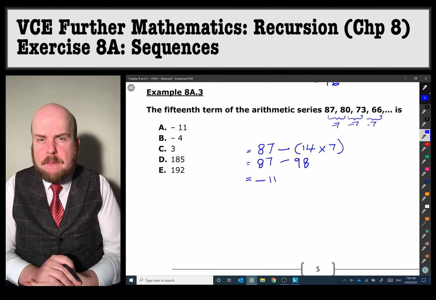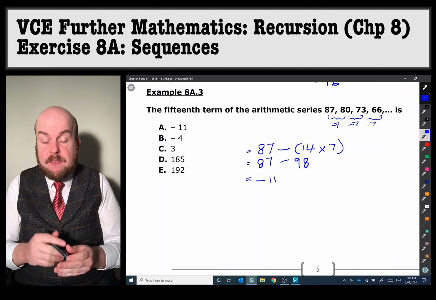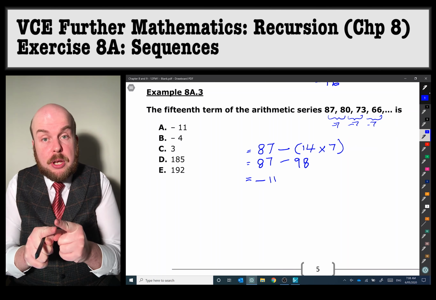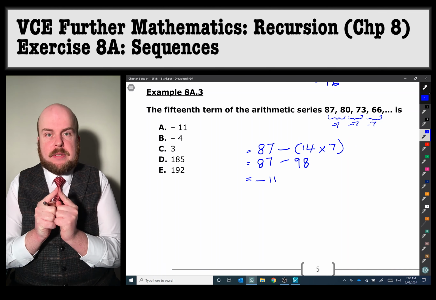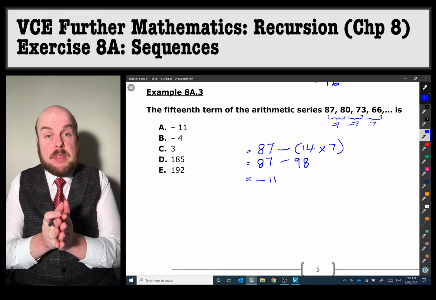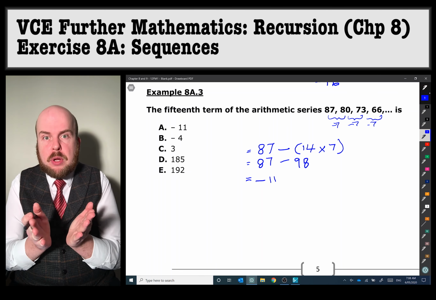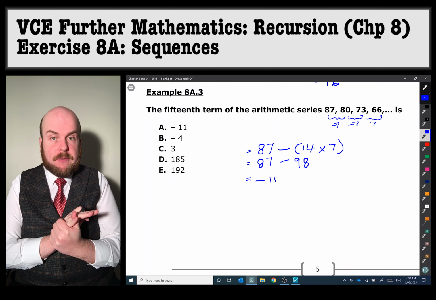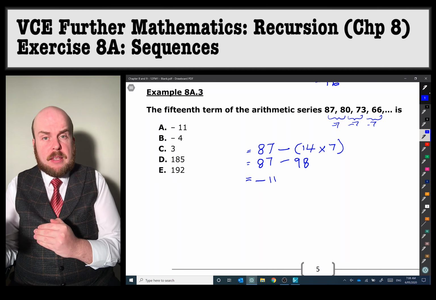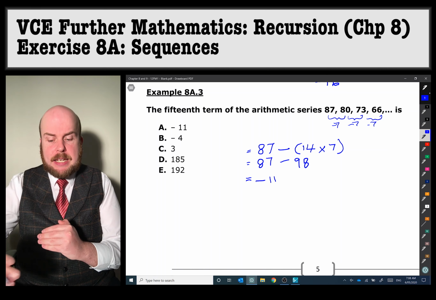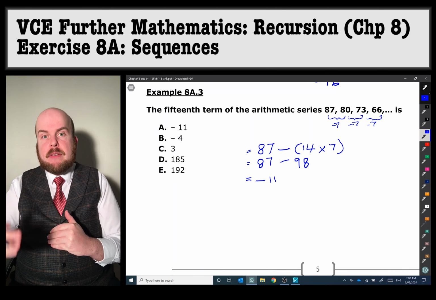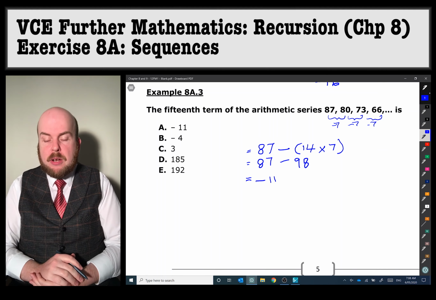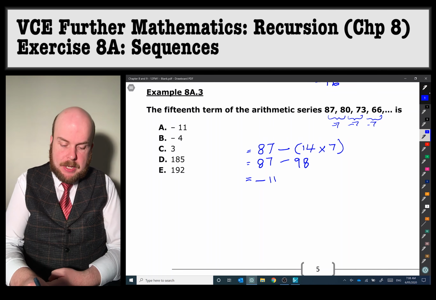So again, where did I get that 14 from? Remember, we wanted the 15th term. The initial term is always included in the sequence. So whatever we start with is always included. And this is a rookie mistake that is often made. So we took 87. That was the first term. The 15th term would be 14 terms later. So we're just going to keep minusing 7, 14 more times, which we can summarize here. The answer